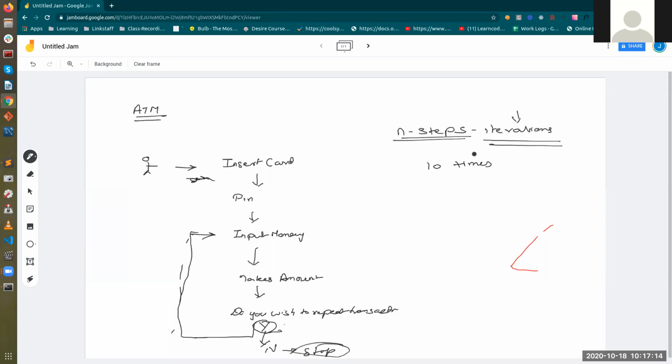Iteration means when your loop is executing one time, that is one iteration. So now my loop is going to run 10 times. That means it has 10 iterations. Okay. So suppose you have to print, if I show the simplest example, print 1 to 10. So for printing 1 to 10, I should not go and write system.out.println 1,